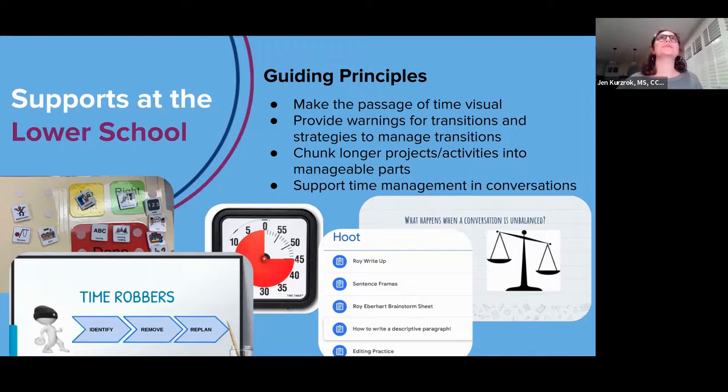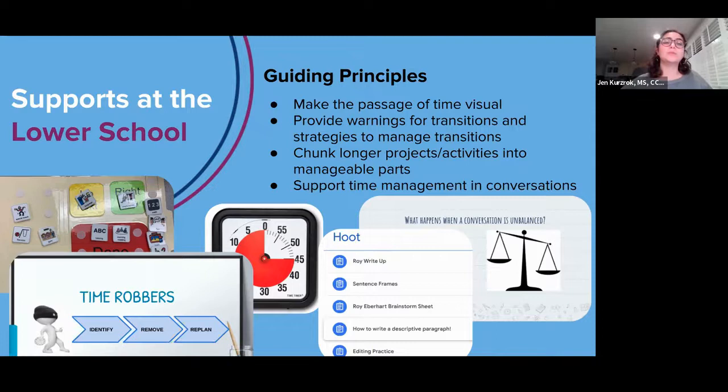really, what we talk about them is, where did the time go? What stole that time from you? For students who, class is ending and they're like, well, I didn't have any time to finish that. And you're like, well, you had 40 minutes. And they're kind of like, well, what happened? Why didn't I have enough time?